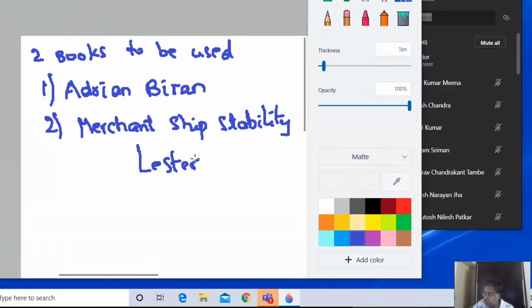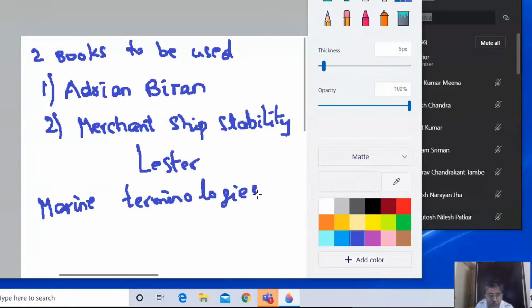So I have here the book by Adrian Biran. I have opened that up. Let us start from it. Basically, first of all, we go for what we call the basic marine terminologies. As you can see, we usually draw a ship,